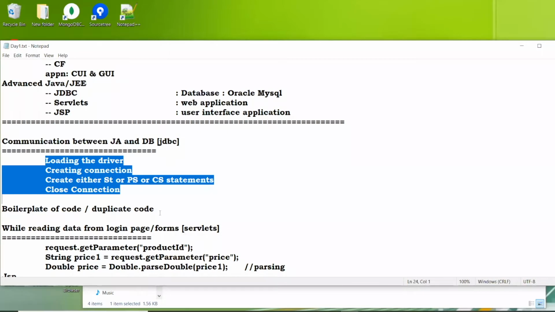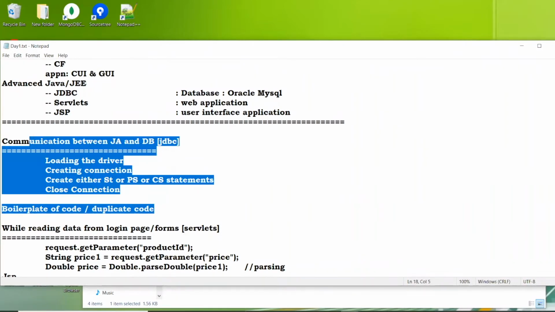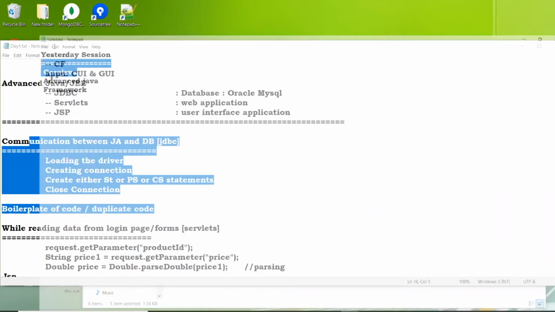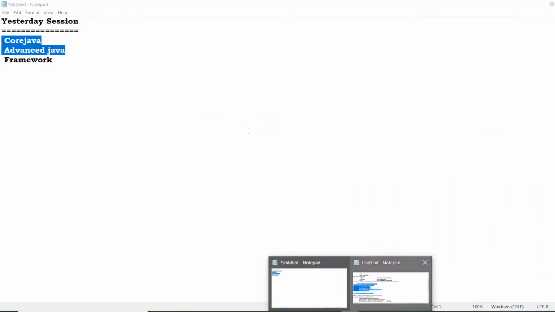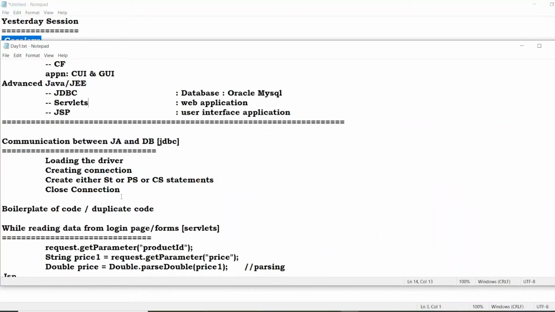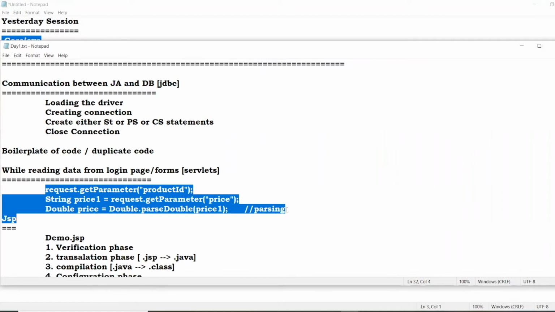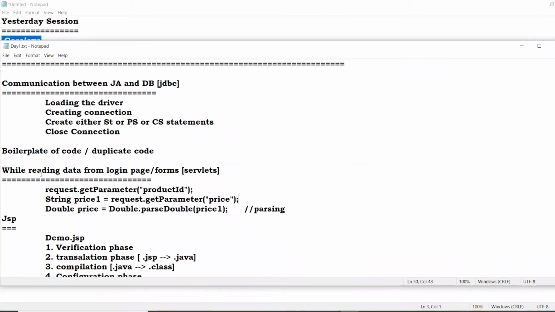To avoid these things, we went into what here? The frameworks concept, ORM based frameworks. And when it comes to servlets, whenever we want to read data from the browser, or read the login details or any other information, we always write this type of code.